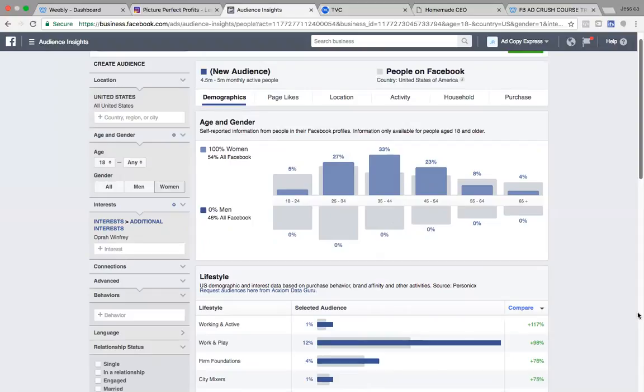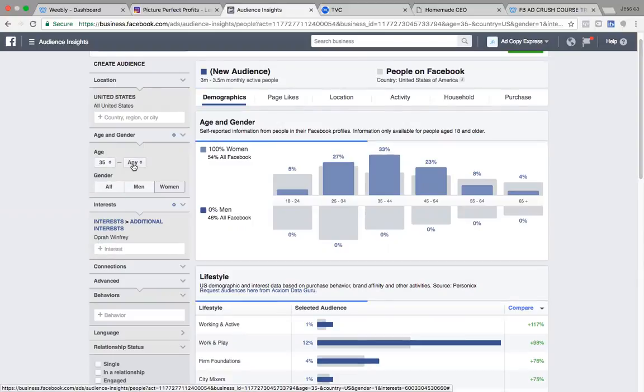You don't want to do 25 to 54. It's going to make Facebook work so hard, and it's pointless. The more you refine or do test ads with smaller parameters, the better your ad is going to optimize and produce results or not produce results, excuse me, and you'll know if you need to kill it or not. So in this case, we're going to choose 35 to 44. So I'm going to change my age group here to 35